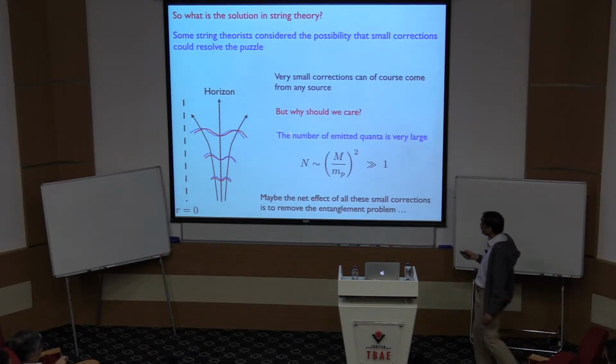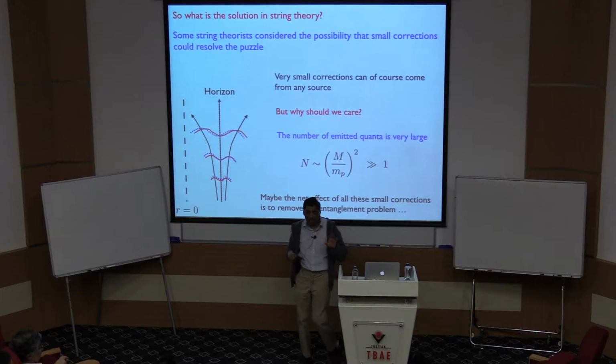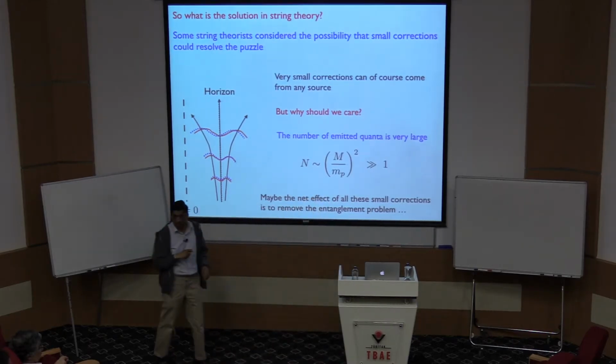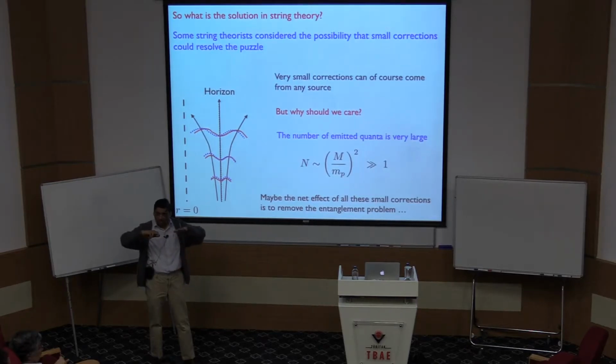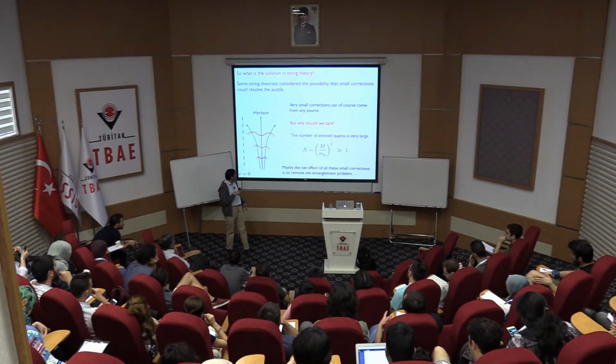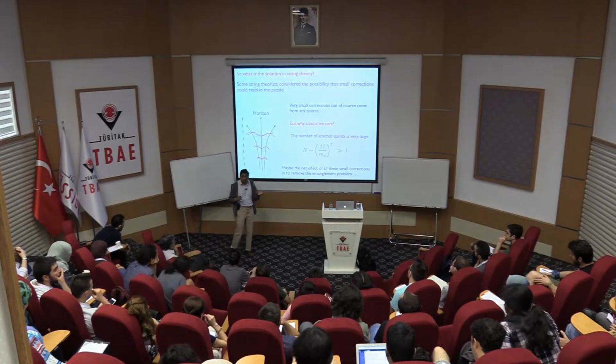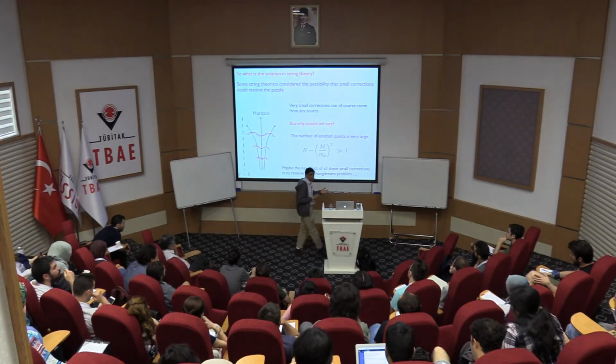So what people started wondering was, suppose there's a correction to each pair of 10 to the minus 76. One part in 10 to the 76. That's very small, right? So suppose there was a minuscule correction of that order to each pair coming from some quantum gravity effect. But then there are so many particles being emitted. Maybe the little corrections that are coming in there will remove all the entanglement problem. Right? If there's a small number somewhere, like the corrections, and there's a big number somewhere, sometimes a small number can trade against a big number, and maybe the entanglement goes away,